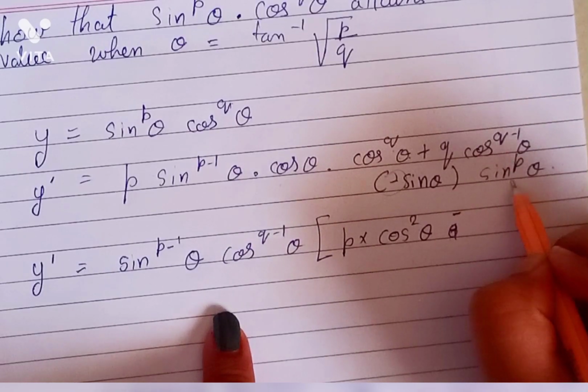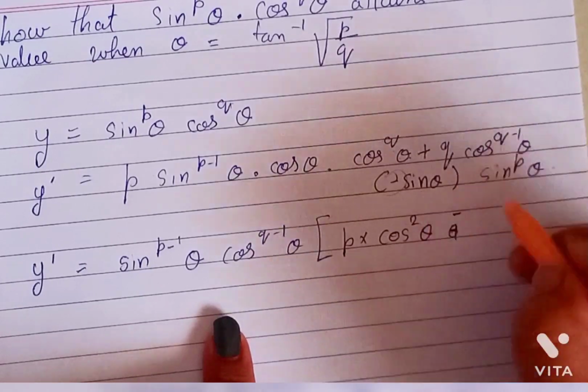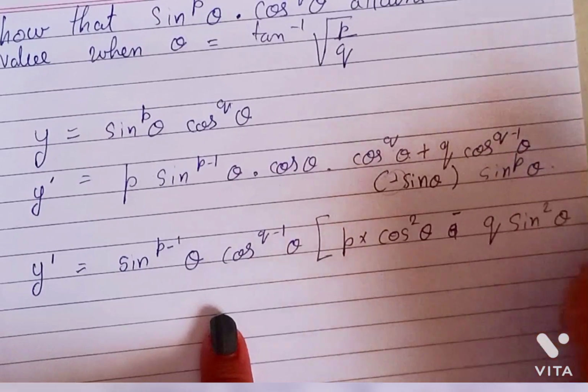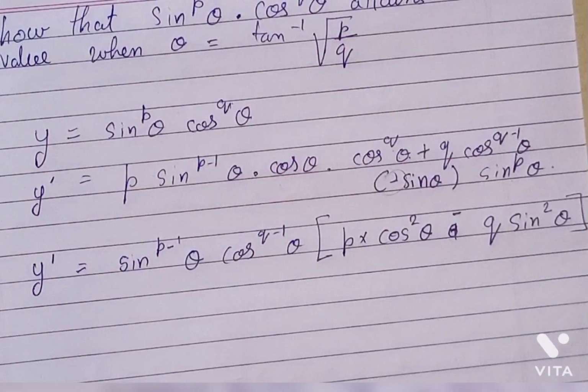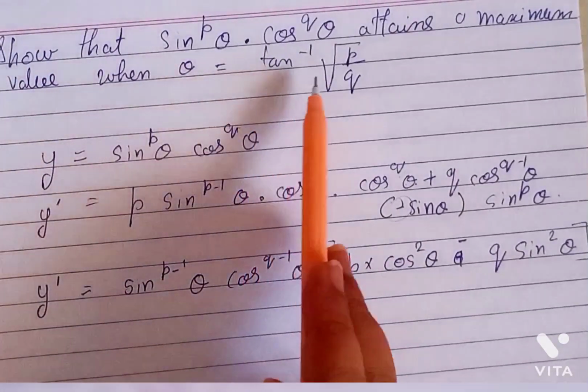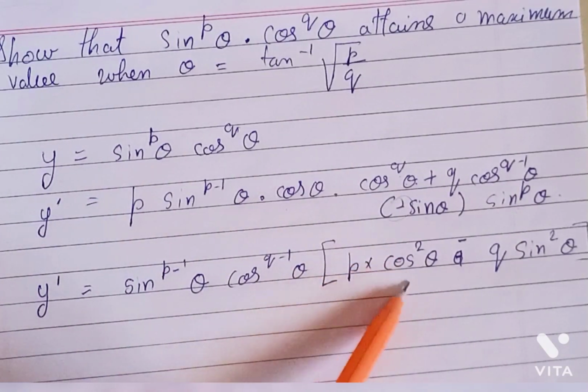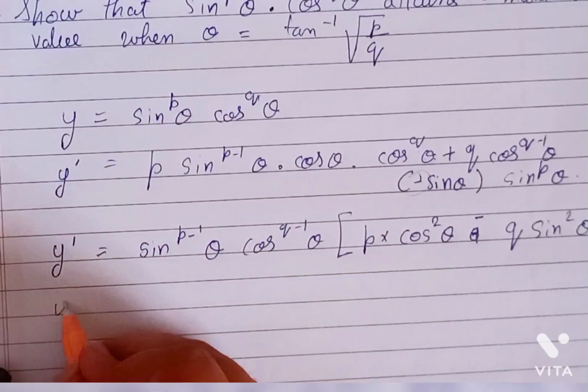Now from here I have taken p minus 1 sin theta, right? So one theta sin theta will be left and one sin theta is there. So q sin square theta is left as a common. Now you could see in that question that tan theta is there. Now somewhere I need to take tan theta. So what I'll do, I'll take cos square theta as a common. So tan theta will come over there.